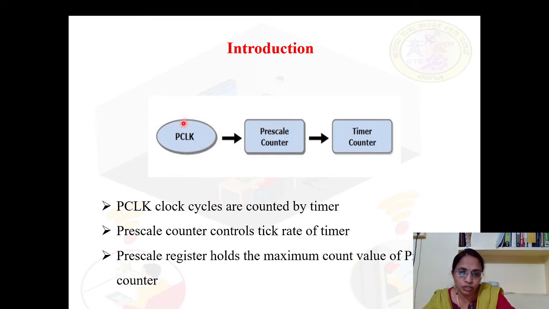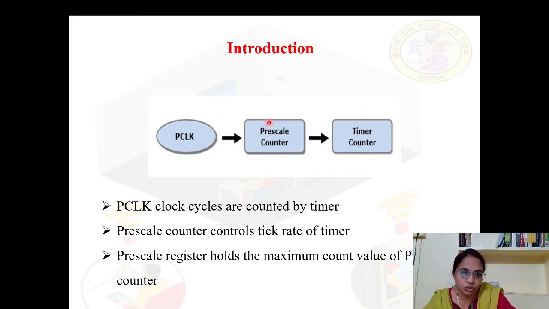So after every 2 clock cycles of the peripheral clock, the prescale counter will generate the output and the timer counter will be incremented by 1. Therefore, the timer counter will be incremented by 1 after every 2 clock cycles of the peripheral clock. This will reduce the speed by half.